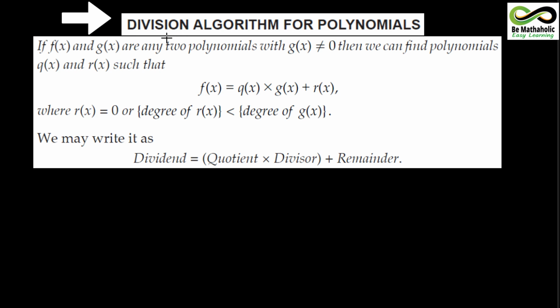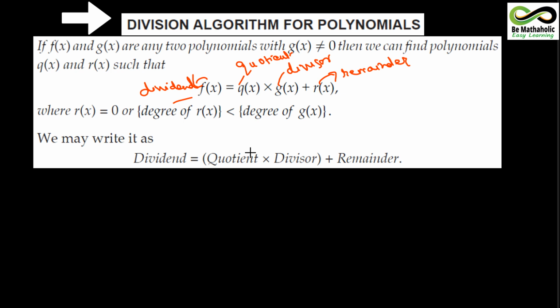Then we also have to study the division algorithm for polynomials. Now in the division algorithm, children, what do we have? We have the relationship you studied in 9th standard, that dividend equals divisor into quotient plus remainder. When we talk about algebraic expressions, the same formula is applicable, but here we talk about f(x), g(x), q(x) and r(x). In this, r(x) denotes the remainder, g(x) is the divisor, q(x) is the quotient, and f(x), p(x), any notation can be taken, is acting as the dividend.